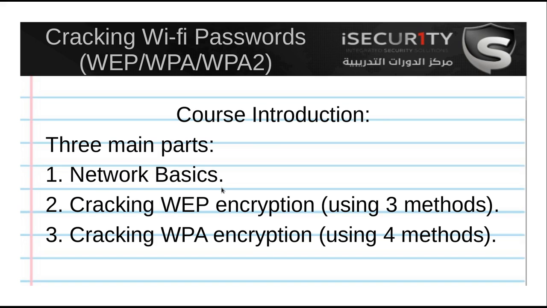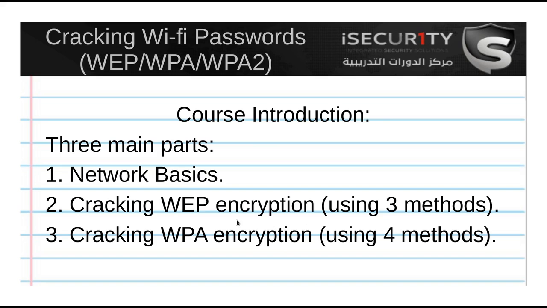In this part, we're just going to talk about how networks work, how devices communicate with each other in networks. And we're going to talk about the interfaces, the wireless cards, and the modes that we can use the wireless cards, and how we can sniff packets that are sent around us in the air. Once we understand that and we can sniff packets in the air, we're going to move to cracking WEP encryption